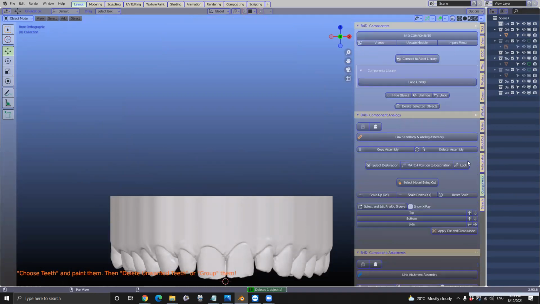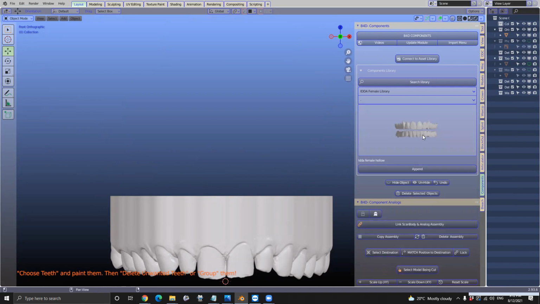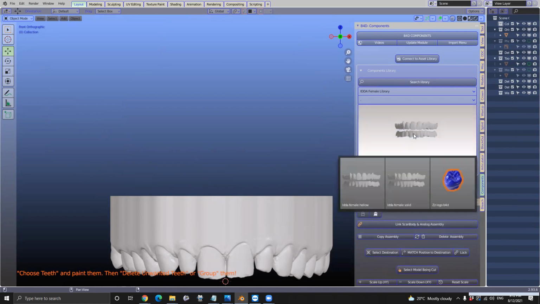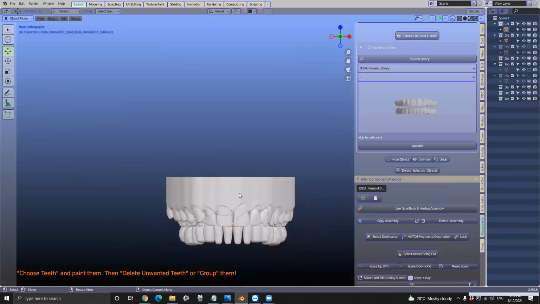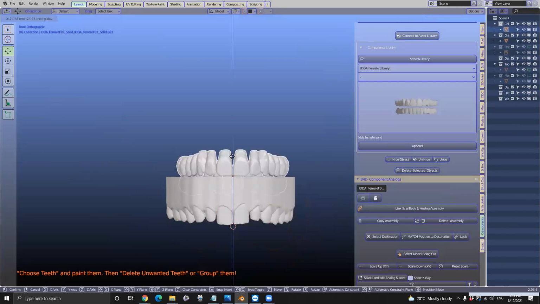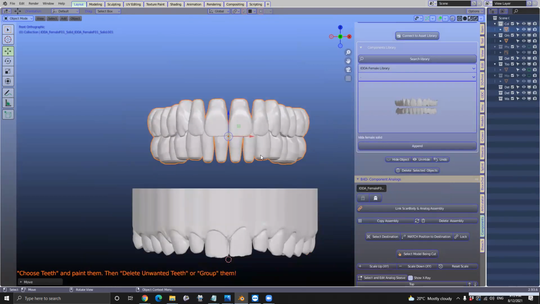We're going to go into the components module, load the library, and I'll have a look at these IDDA female teeth. Now these are hollow and these are solid, and I'm going to append them into the scene. So you're going to do this until you get the right shape that you think. Now these are a little bit on the wide side. They flare out a little bit wide on the side, but just for this Zoom session, we're going to just